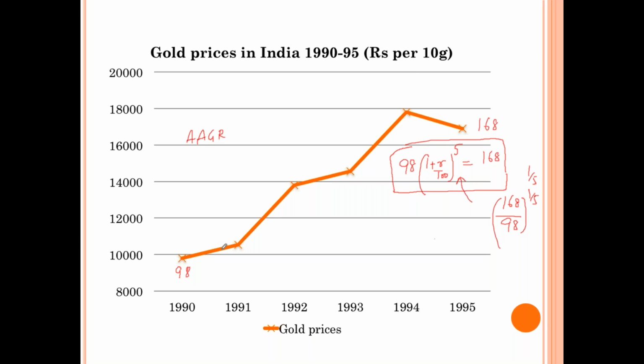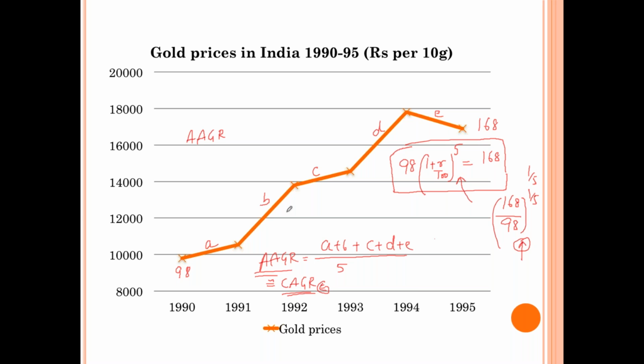Anyhow, so let us say we have to find the growth rate for each of the years, right? If we know the growth rate of each of the years, A, B, C, D, and E, what we will do is take the average of all the growth rates, right? So this answer is actually not my CAGR, but this answer is my AAGR, which is annual average growth rate, which will be very approximately equal to CAGR. But if you have to hardcore find CAGR, we have to do it this way. But this will sufficiently give you a good answer, right?